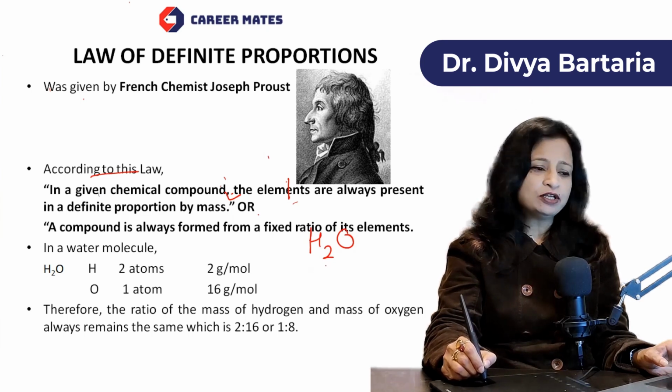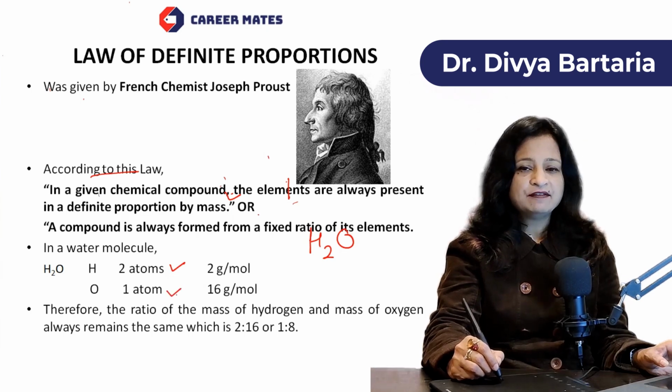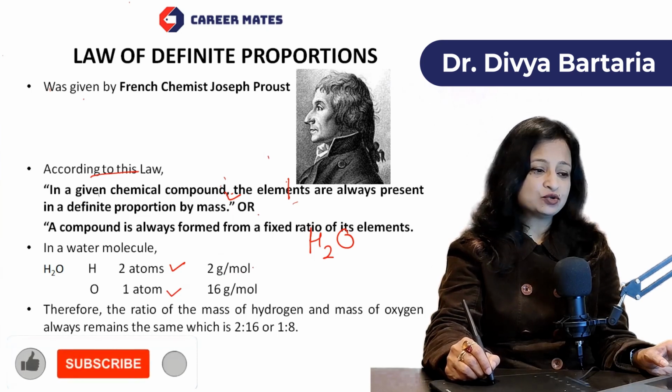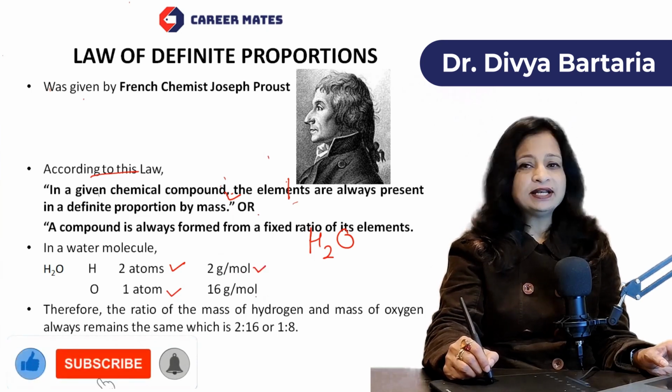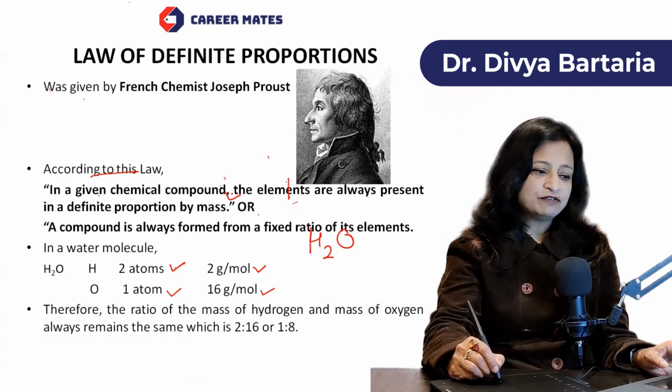Now in H2O molecule, we have two hydrogen atoms. So there are two atoms of hydrogen and one atom of oxygen. If we consider its mass, then for two atoms of hydrogen, it is 2 grams per mole, and for one atom of oxygen, it is 16 grams per mole. Now, if we simplify this ratio, this ratio is 2:16, and if we simplify this, it comes out to be